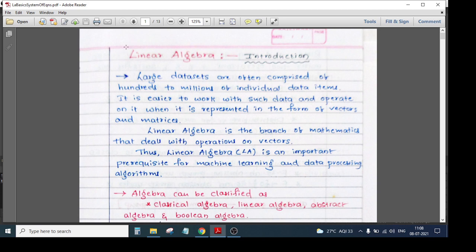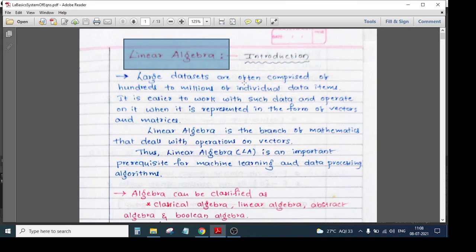So today we'll start with your next module, that is module number 4. Module number 4 consists of linear algebra and the various concepts of linear algebra. Both module number 4 and module number 5 will be dealing with linear algebra. In the first module we'll deal with various concepts of matrices and the operations of matrices, and in module number 5 we will be dealing with determinants and the various operations of determinants and so on.